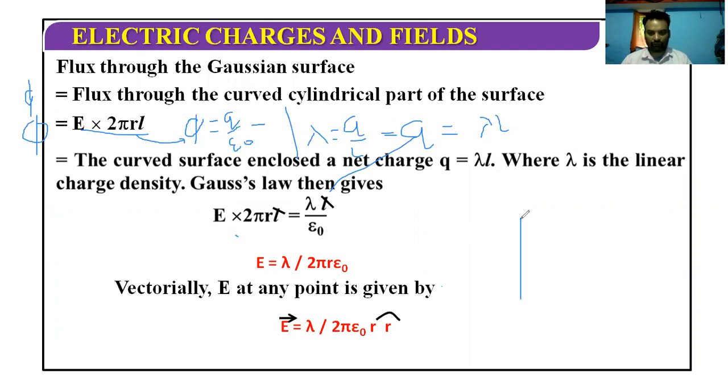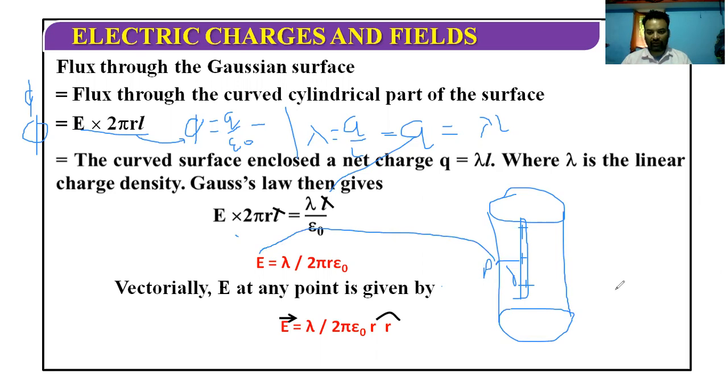So we took a rod. This was the rod having positive charges like this. And we enclosed this rod in a Gaussian surface. So this was the Gaussian surface. And we took this point P at a distance R. So this is the value of electric field at this point. The same value of electric field will be there symmetrically, three-dimensionally, as you move around the rod. So at all the points at a fixed distance R, you will get this value of electric field.